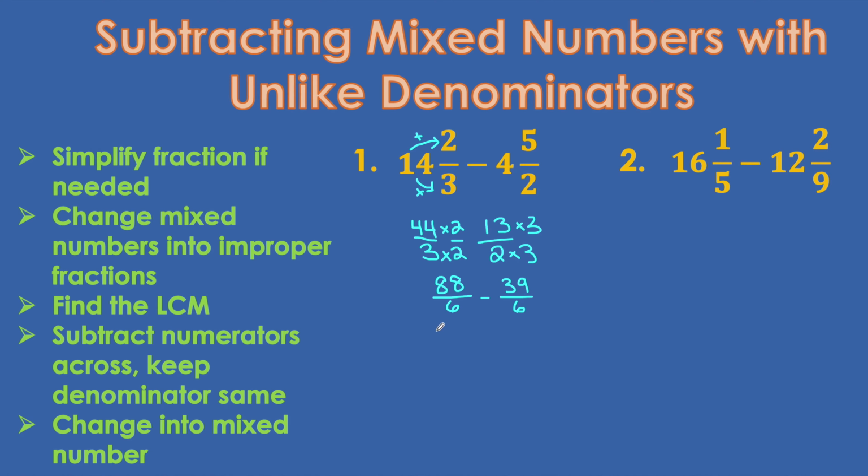Now we subtract numerators. We can do it here. 88 minus 39. We can't subtract 9 from 8. Borrow 1 from the 8, make it a 7, and this would get a group of 10. So that would become 18. 18 minus 9 is 9. 7 minus 3 is 4. So we have 49